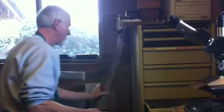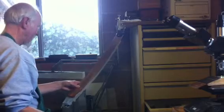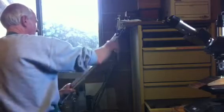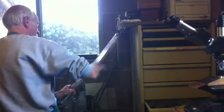So we've refined the edge quite a bit. Okay, my next step is to go over to a strop. You can use any leather strop. This happens to be an old Shell horsehide. This strop says the price is $3.50. So this strop is probably from the 30s or the 40s. Now just do